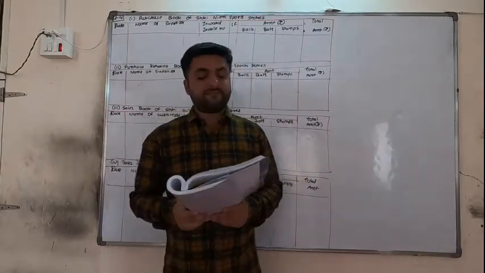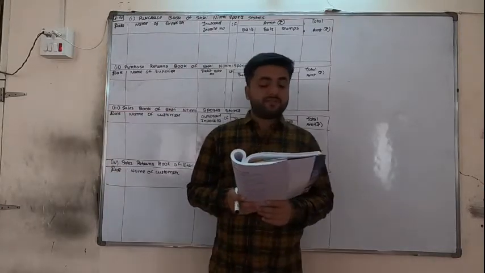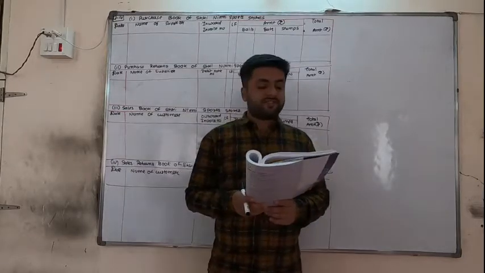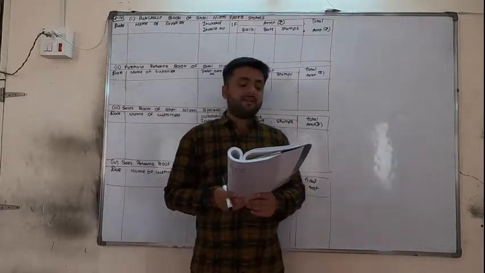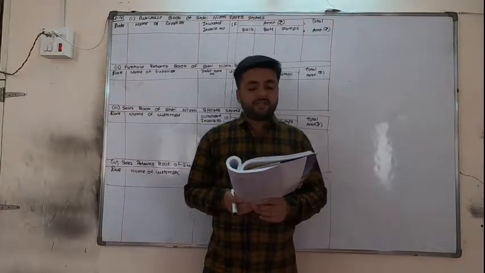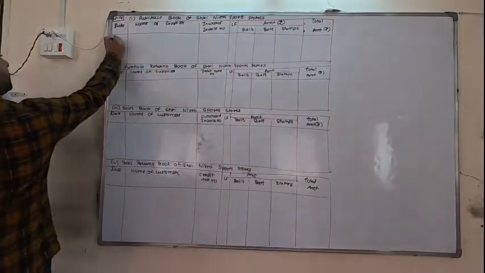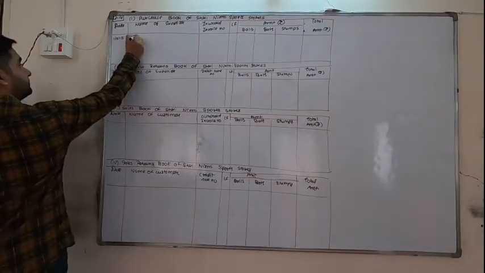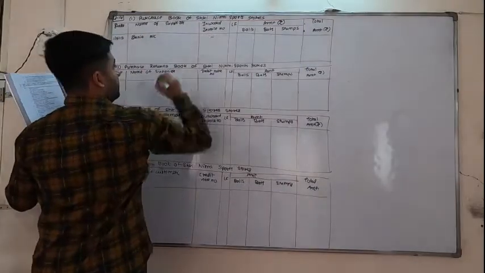First May 2015. Purchased the following goods from Sania at 10% trade discount and 5% cash discount with 1 month credit. So we are purchasing goods on credit, so it will be recorded in the purchase book. Balls 200 at 150 per piece, bats 100 at 800 per piece, stumps 50 pairs at 300 per pair, and we have to subtract the trade discount. Let's start. On 1st May 2015, Sania account. Bill number is not given.